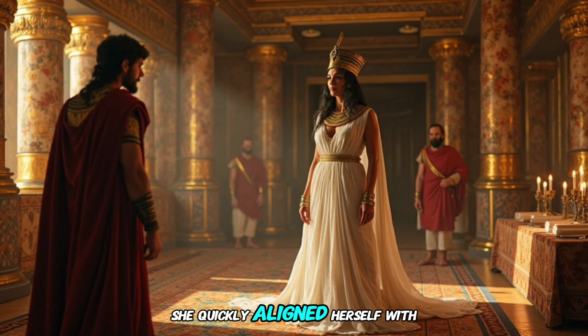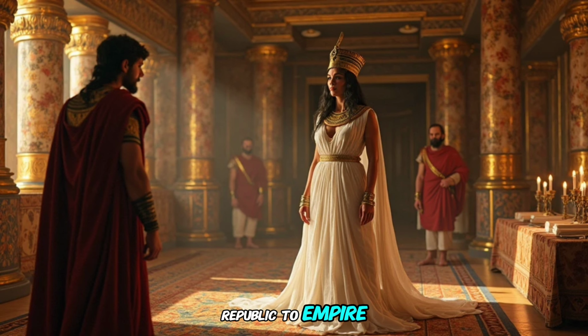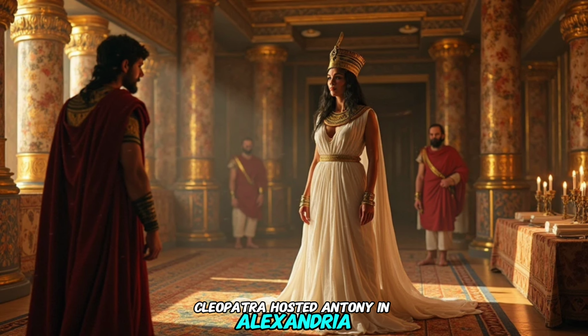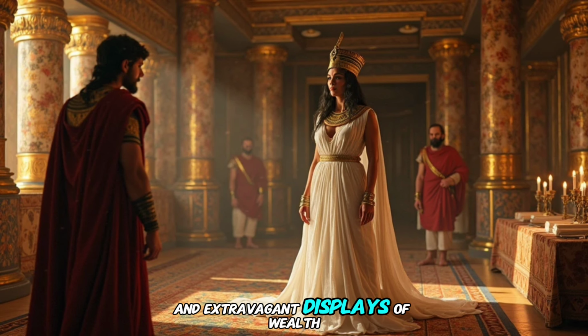She quickly aligned herself with Mark Antony, one of Rome's most powerful military leaders and a central figure in the Second Triumvirate, the three-man rule that governed Rome during its turbulent transition from republic to empire. Their alliance was sealed not only by political necessity, but also by passion. In 41 BCE, Cleopatra hosted Antony in Alexandria, where she impressed him with lavish feasts and extravagant displays of wealth